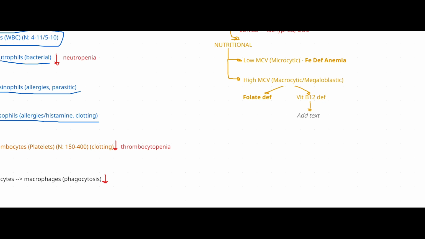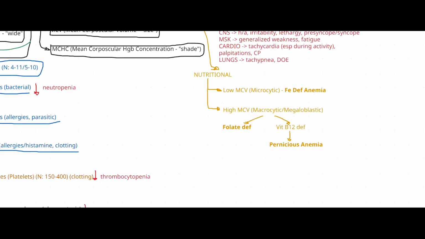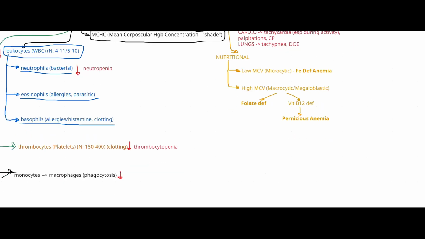And then we'll go over certain terminologies that for test taking purposes you would want to recognize. That way it's easier for you guys to recognize the answers. So we have nutritional, and then we also have genetic. So our genetic anemias, obviously there's something wrong with the genes that caused the RBC to be produced abnormally. And that would be